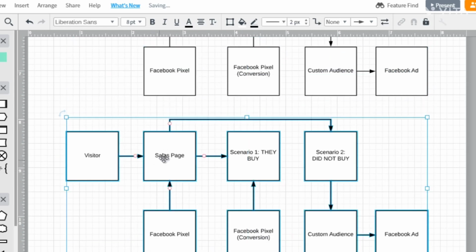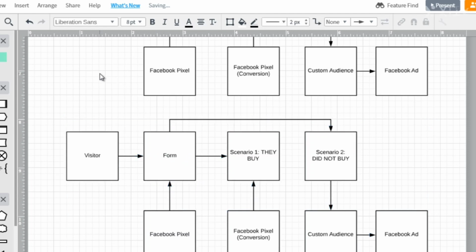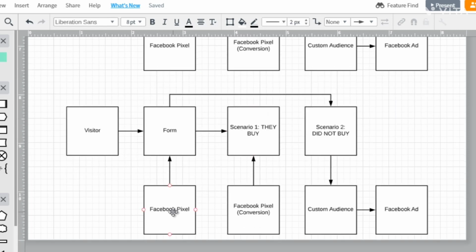And let's do a form. So they come to the form, and our goal is to get them to fill out the form. So we got a Facebook pixel here as well. Of course, scenario 1, they fill out the form, and then we have a Facebook pixel, and we're able to track that they did fill out the form. And scenario 2, they did not fill out the